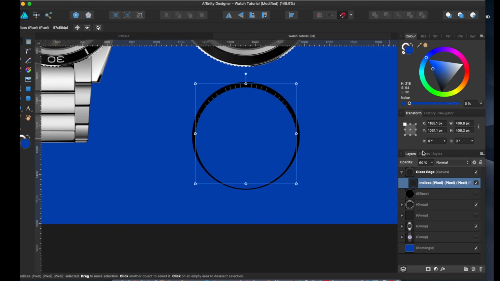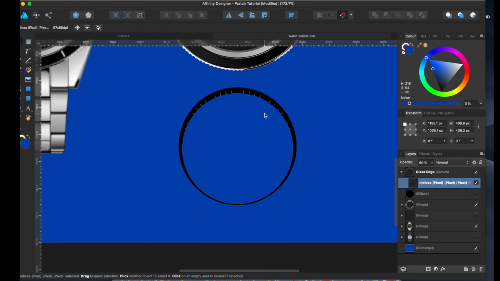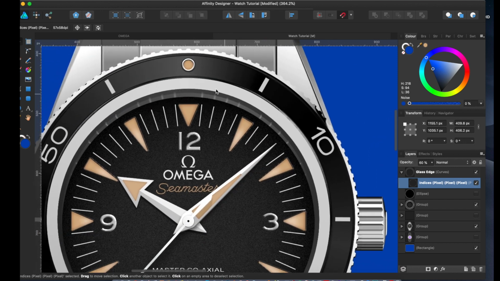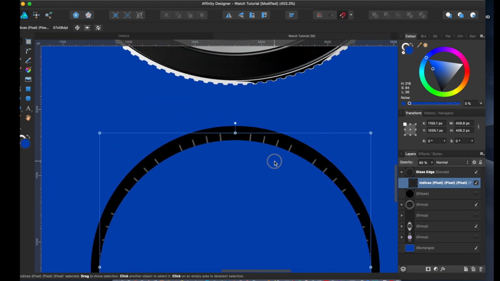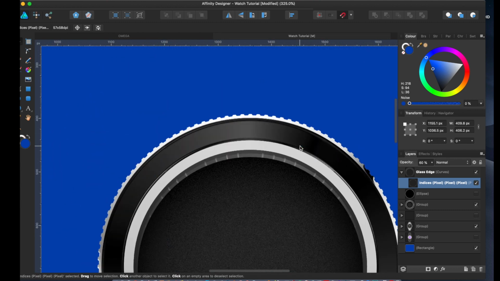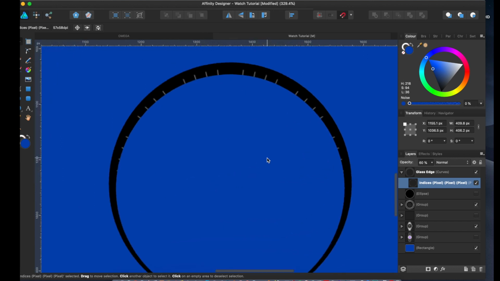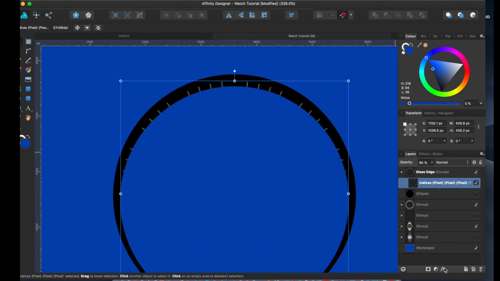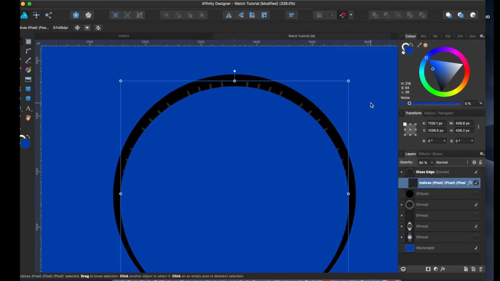I've rasterized them. Don't worry about that. You don't need to do that, but I just did it from earlier. I don't know why. Now they're inside, you can play around with how much they're going to poke out. So if we go up here and see how much I've made them, okay, they poke out a little bit there. Yeah, that will do. Also note that they are a little bit more blurry. So I'm going to add a Gaussian blur to this. I'm going to go to the Effect tab, Gaussian blur, and I'm going to whack it up a little bit. There we go. So not going to be totally clear because it's being reflected in the glass somehow.